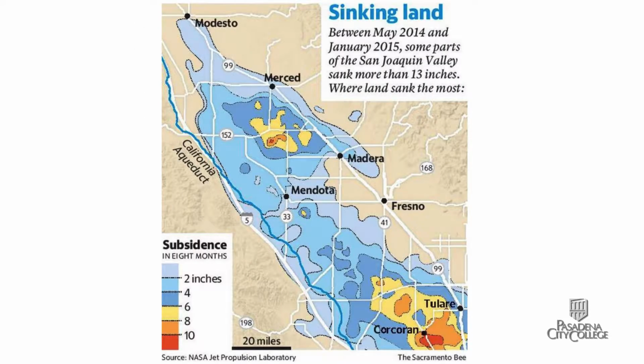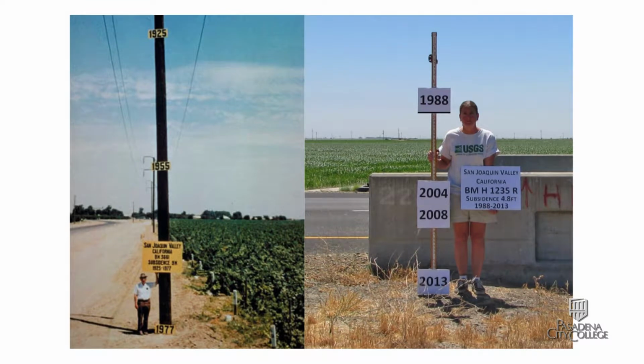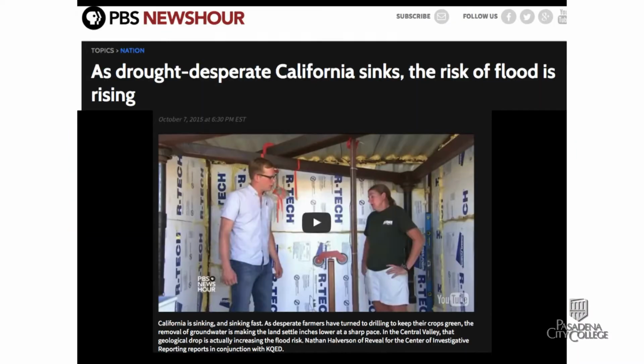One of the consequences of this pumping is the sinking of the ground surface, with the greatest sinking in the southern part of the Central Valley. The signs in these photographs indicate the ground level at the various timelines. The United States Geological Survey, or USGS scientist in this photograph, said she has never seen sinking rates as fast as she has seen in recent years.